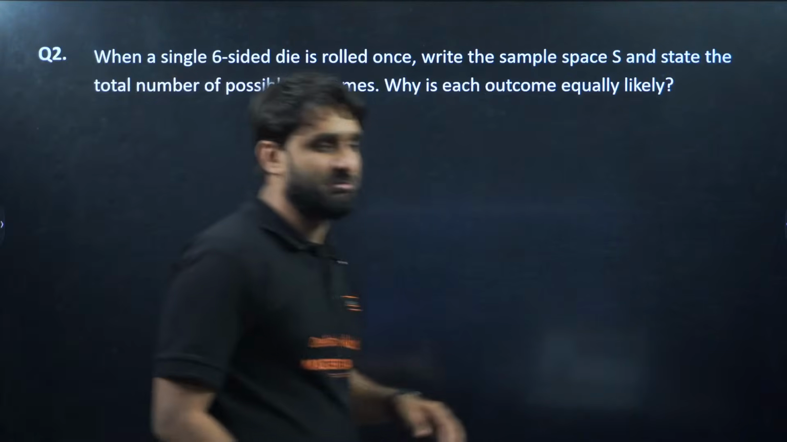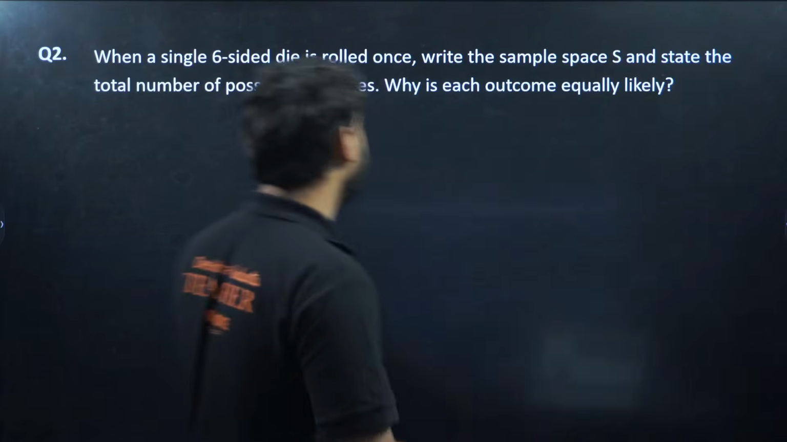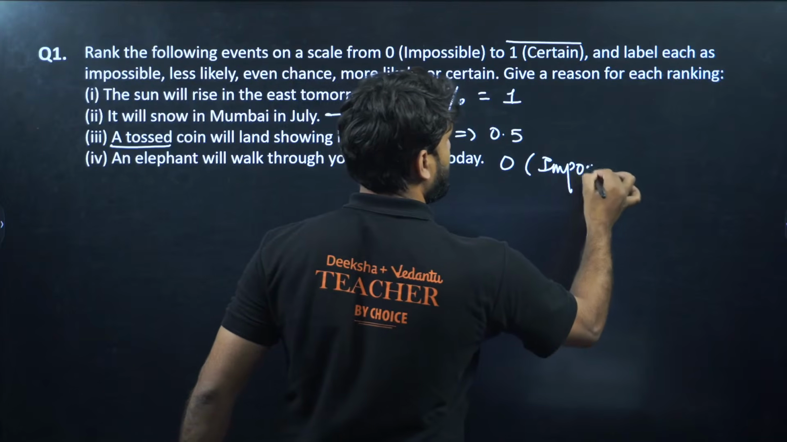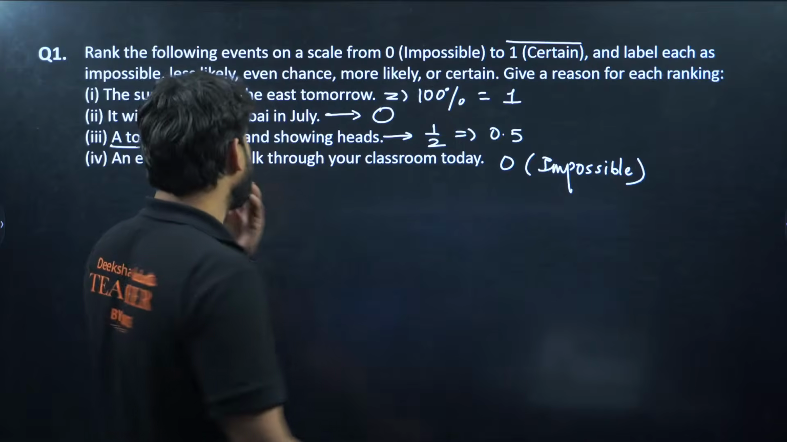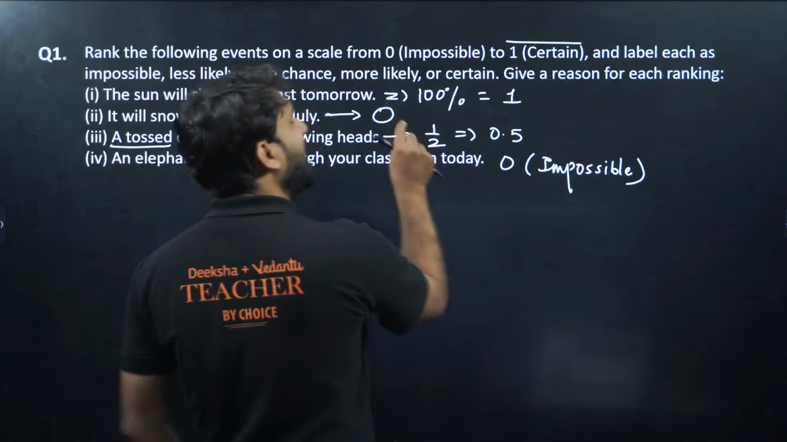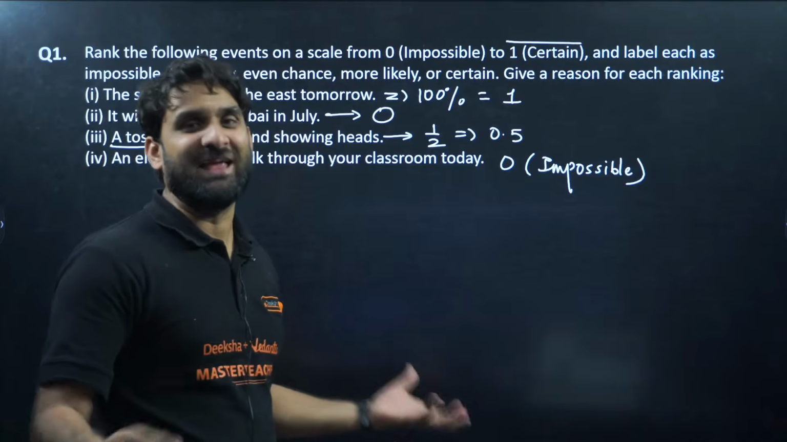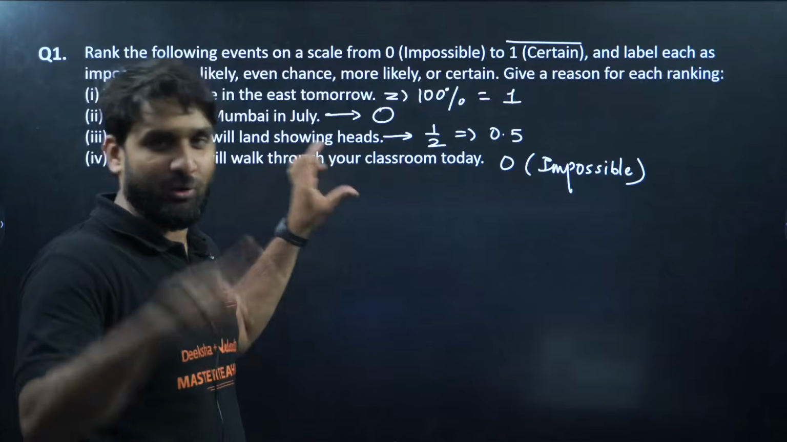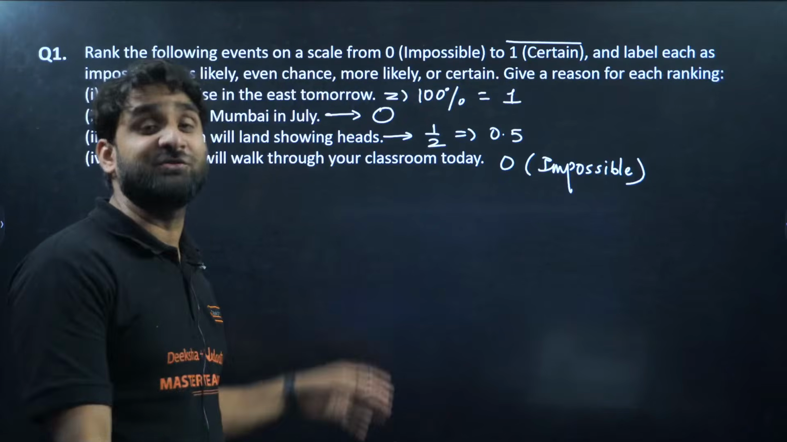Next question. Question number 2. Is it impossible? So basically, guys, we are using 0 for impossible. This is impossible. Now, if I talk about it will snow in Mumbai in July, it is also impossible. Yeah, no one knows, if there is a mood of God like this, God wants to have snowfall. But according to weather forecasting, according to the previous stats of Mumbai's weather, this is not